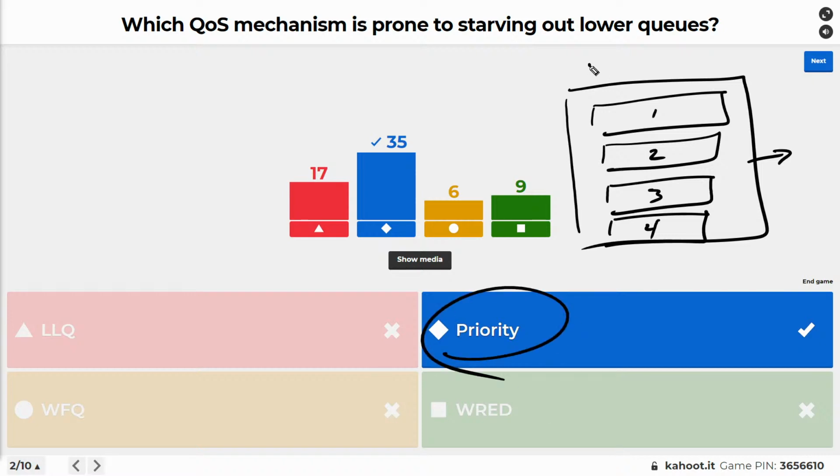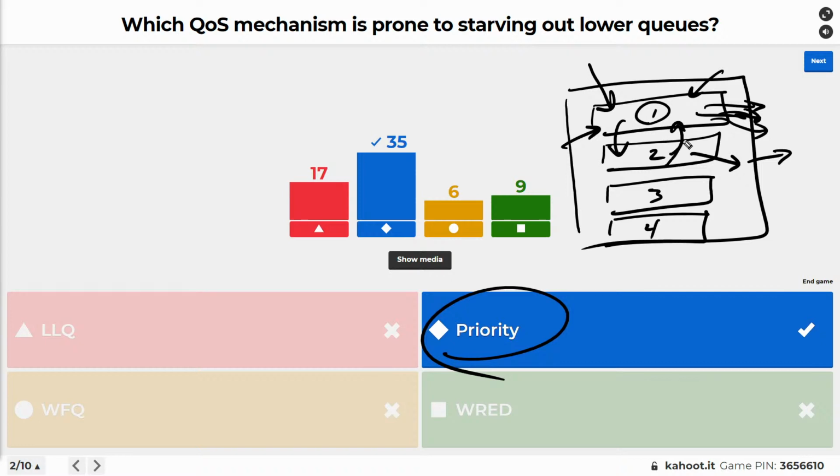Priority queuing says this: is there anybody in line number 1? Yes? Great. Go, go, go, go. And then after this line is being moved out, it then goes back to this line. If somebody else stepped into that queue, it's going to say, oh, there's somebody else in this queue. Go ahead. And it's only when queue number 1, the highest priority queue, is empty, where it even checks with queue number 2. And then after it moves one person out of queue number 2, it checks and says, hey, is there anybody new in queue number 1? So queue number 1 is always going to be serviced first, unless it's empty, and then queue number 2.